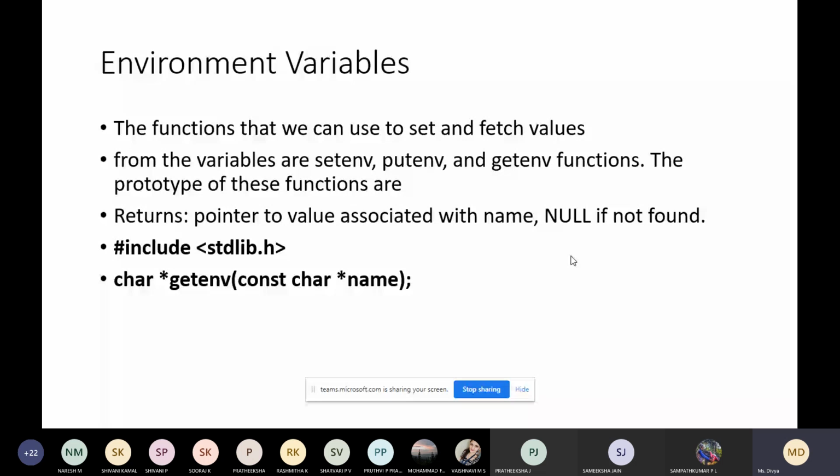We have already executed these commands, right? If you remember, in module 2 we executed these commands. It will tell you what type of shell you are using, which is your home directory, and a few more environmental variables.